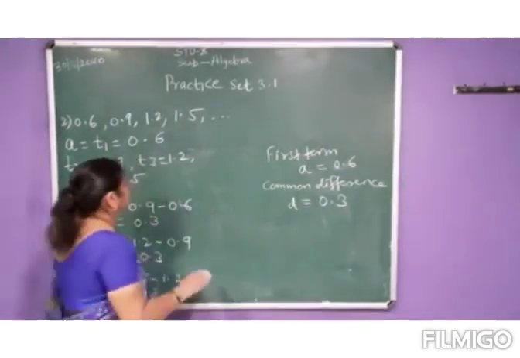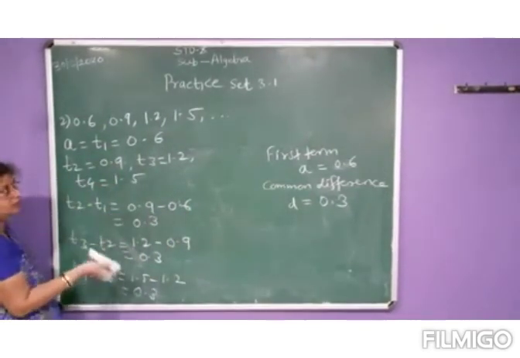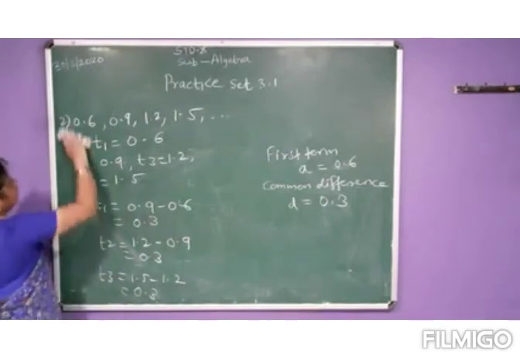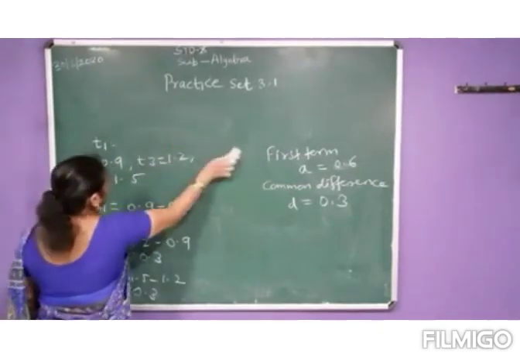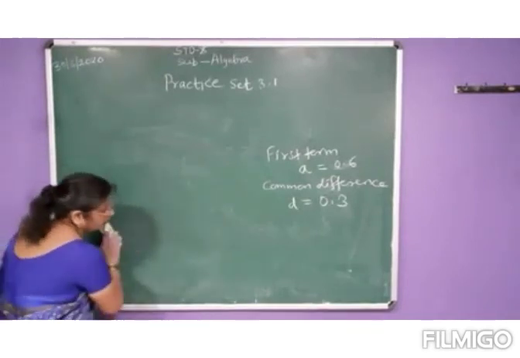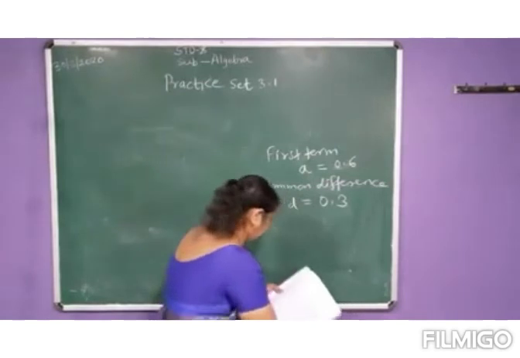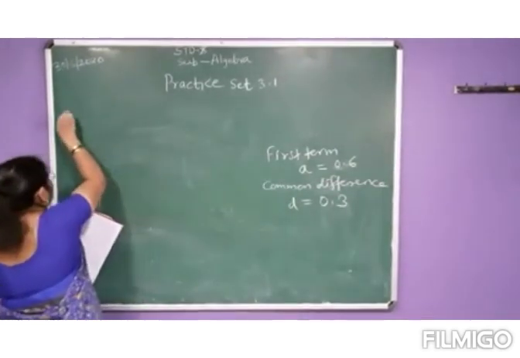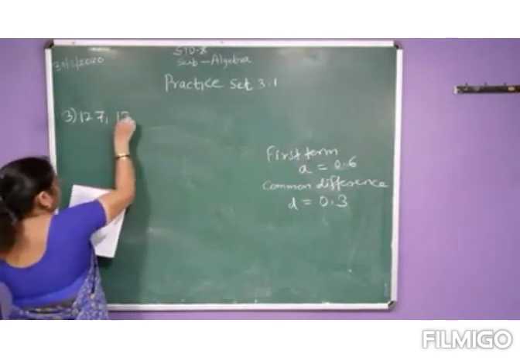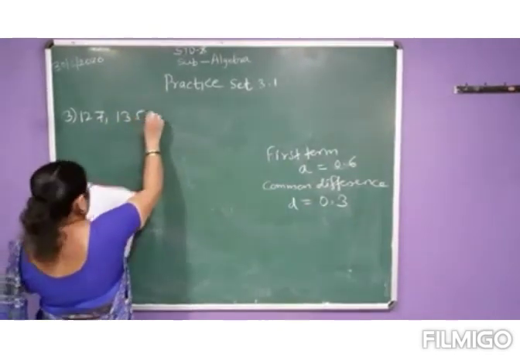Even though it is decimal, it is very simple. Have you understood this sum? Then we will go for the third one. Now only two sums are there, then our 3.1 exercise will get over. Now the third one is 127, 135, 143,